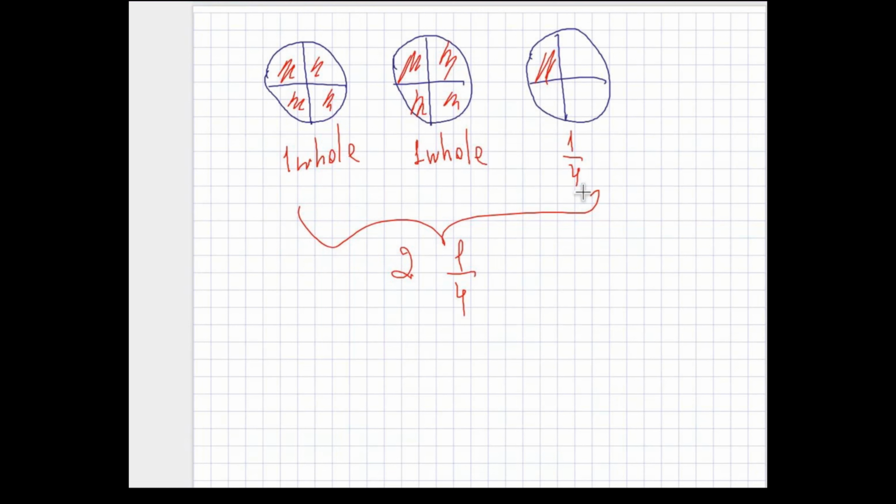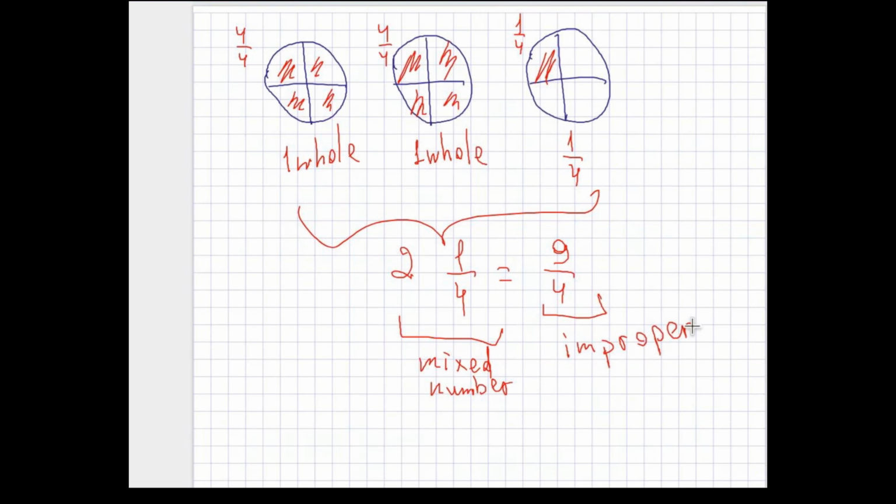Let us count how many quarters we have here. In one whole, we have 4 quarters. In another whole, we have 4 quarters. And as we said before, we have 1 quarter here. So totally, how many quarters do we have here? We have 9 quarters. Okay, this is a mixed number, and this is an improper fraction. As you see, they have the same meaning, just in 2 different ways we can write it, in 2 different forms of number, like we can write it as a mixed number, we can write it as an improper